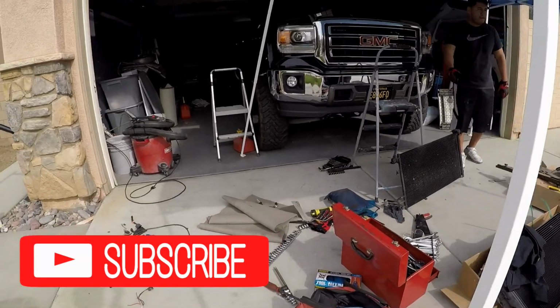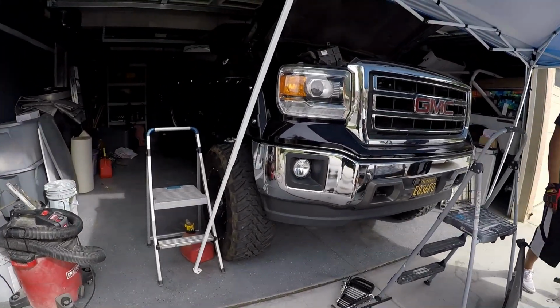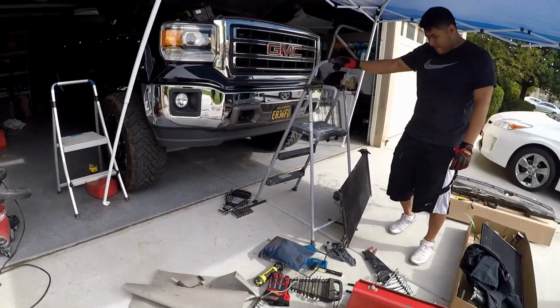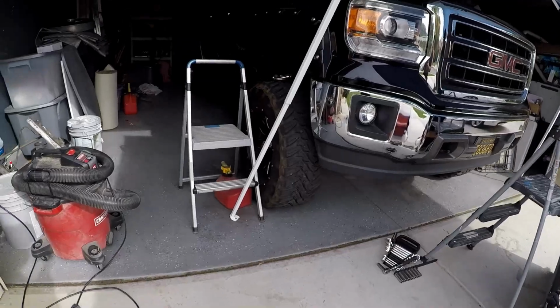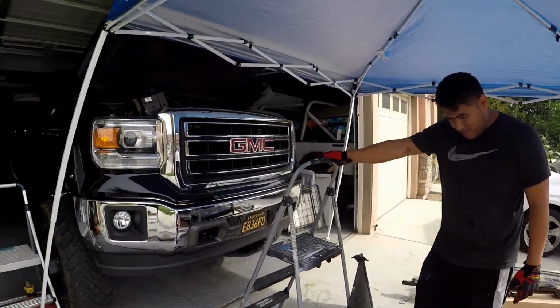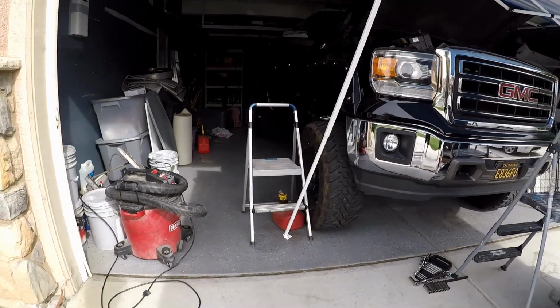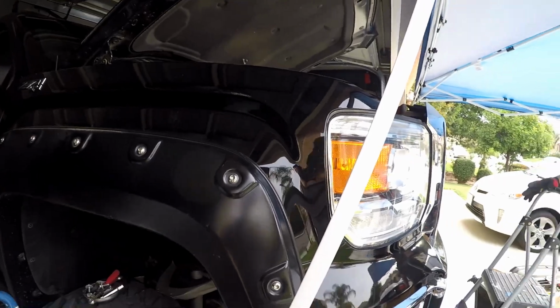It's a 2014 GMC Sierra. So it's just another quick video about how we're servicing his vehicle. Basically, he's low on refrigerant, so his AC is just blowing warm air, super hot. And you can see here, I got my apprentice helping me out, my brother. So we're just gonna bring you along, just a quick video. I'm not gonna show you step by step because there are already videos on YouTube, so I'm just gonna show you